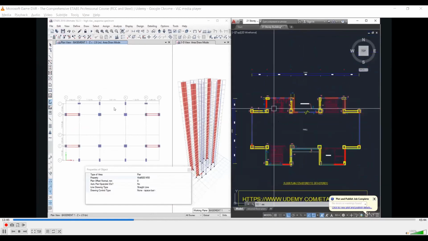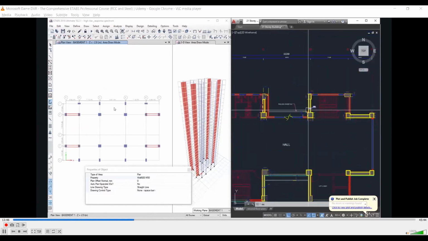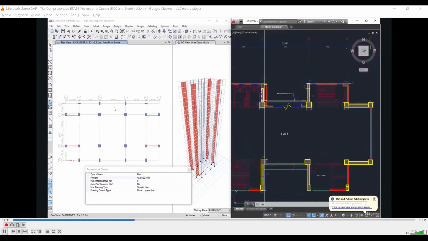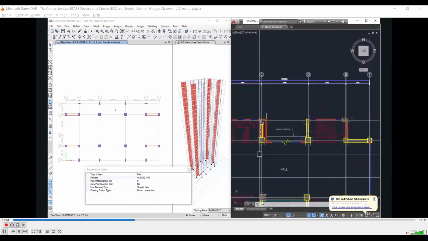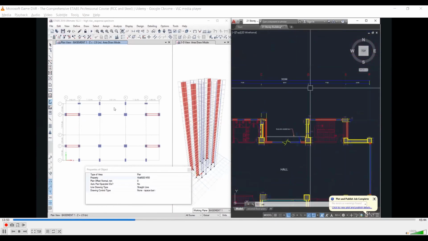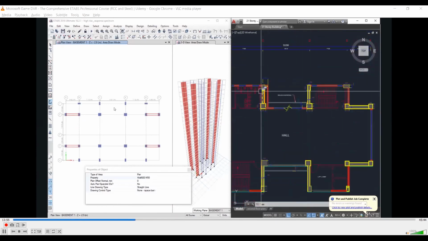After that, we need to model the 400 mm structural walls. For the 400 mm structural walls, we need to study the grids. That is, the 400 mm walls are on grid C and on grid D, between the 500 into 1000 and 1000 into 1000 column sizes. So we select the wall size as 400 mm, left click on grid point C1 and then left click on grid point C2.